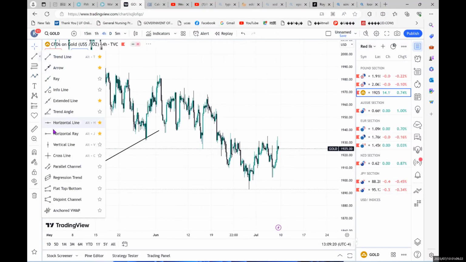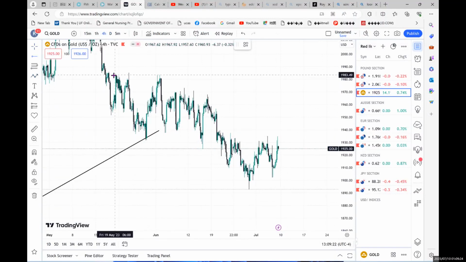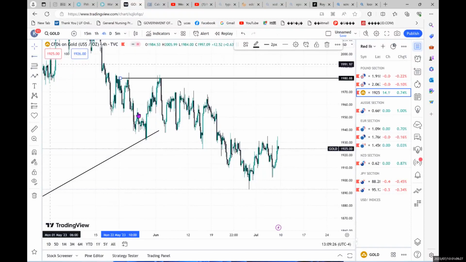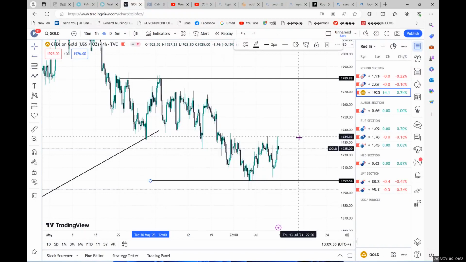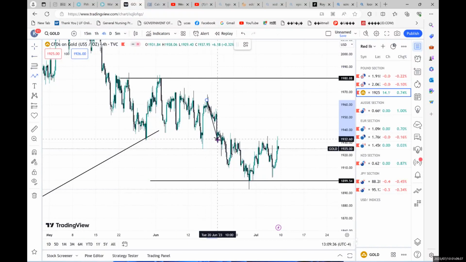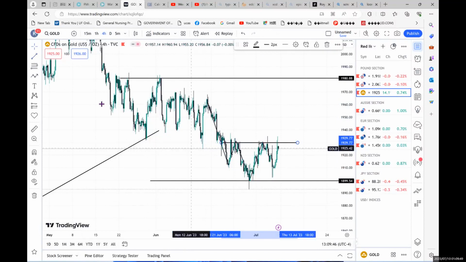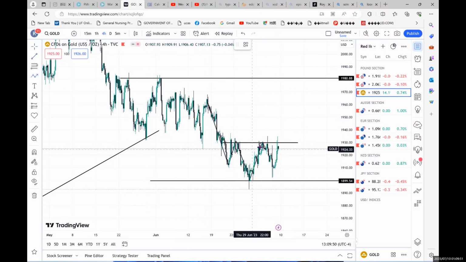Basically, we are working with this extreme high and extreme low. And within that range, you can see price is just creating lower highs, lower highs. And now we are back up to this level here. So a lot of people would see that like an inverted head and shoulders probably, and then continuation to the upside